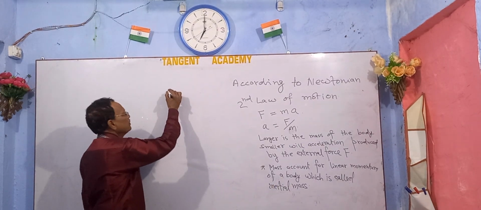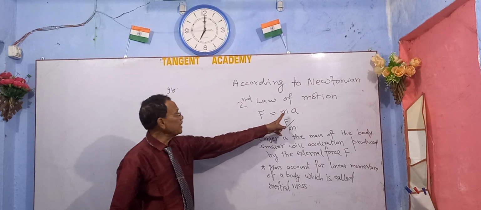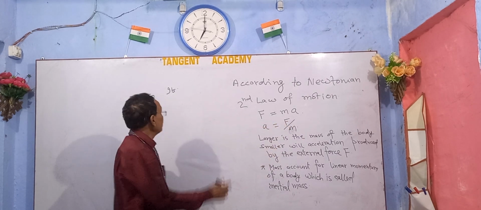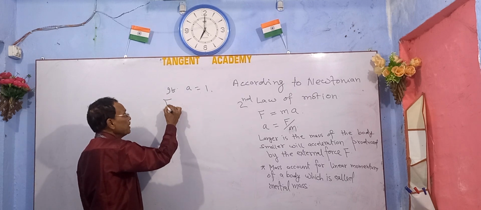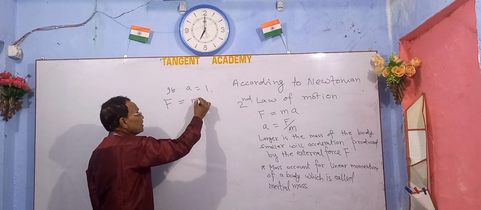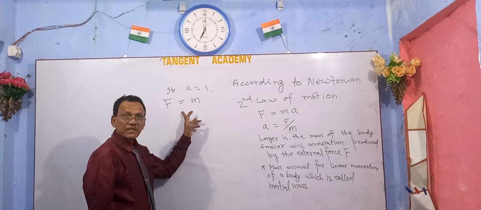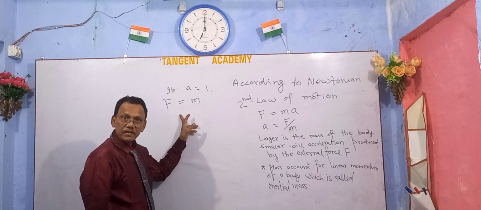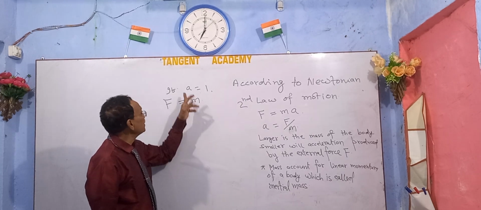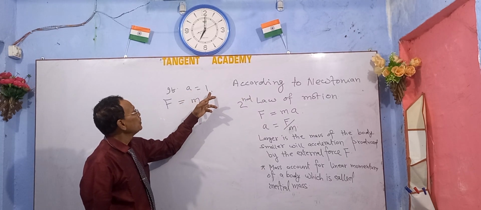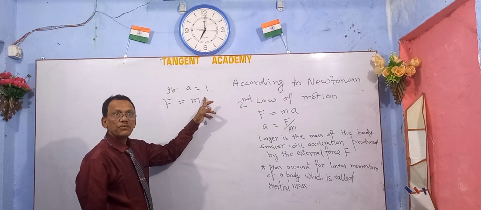In the given relation, if a is equal to 1 unit, then force will be equal to mass in magnitude. Force is equivalent to the mass in magnitude. So what is inertial mass? When acceleration is taken as 1 unit,